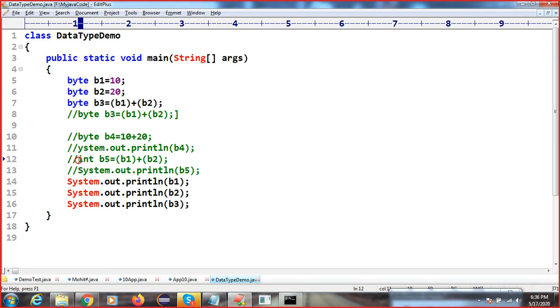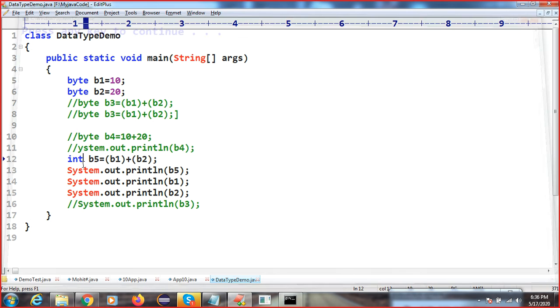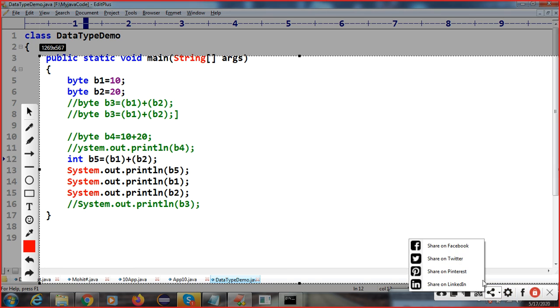But the same thing, if I try to store it in the integer type. Just I'm going to comment this because you will get a compile time error. So the same, I'm going to store it in an integer type variable v5. If I compile this here, we will not get any error. Question is why? Because the integer has 4 spaces, means one chair where 4 people can sit. This is your big chair.